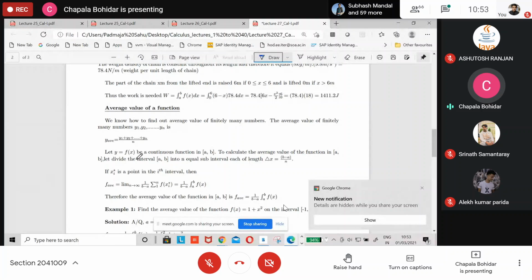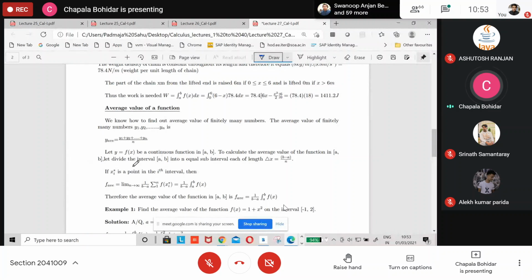Let y is equal to f of x be a continuous function in [a, b]. To calculate the average value of the function on [a, b], we divide this interval into n equal subintervals. The width is del x is equal to b minus a by n. If xi star is a point in the ith interval, then f average is